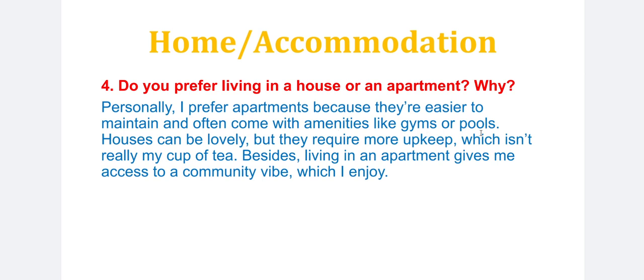So if you have lived in an apartment, or if you know about apartments like skyscrapers or whatever you want to call the tall buildings, you must know that they usually come with their own gyms or pools. Apartment buildings do have these kinds of facilities, but they are obviously not available in your home. You have to pay for the entire system. If you want to install a gym in your home, you have to pay for the entire equipment.